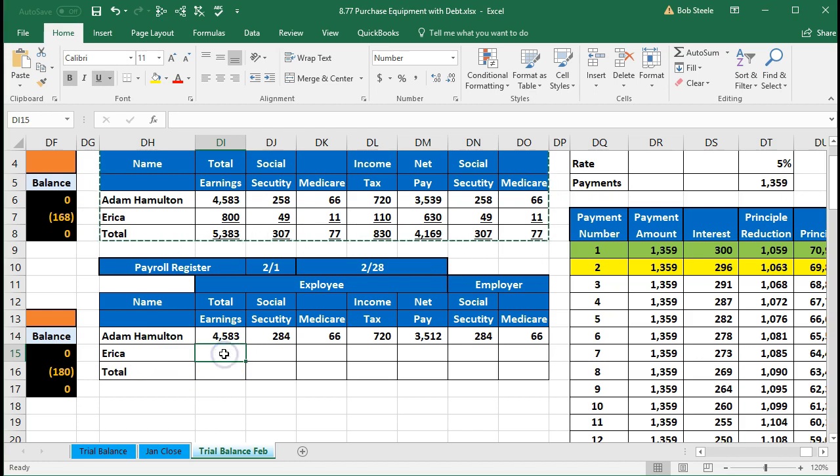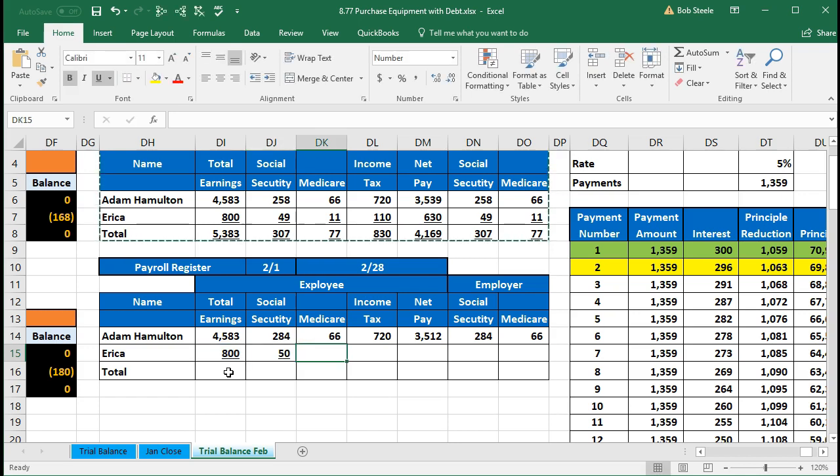We're first going to calculate the earnings here. We're in DI15. We're going to say that equals, and we'll put the $20 rate times 40 hours and enter. So there's our 800. We're going to calculate Social Security. More of a flat tax, so we're just going to take that $800 times 0.062 and see if that does the trick. So we're going to say this equals that 800 multiplied by 0.062,